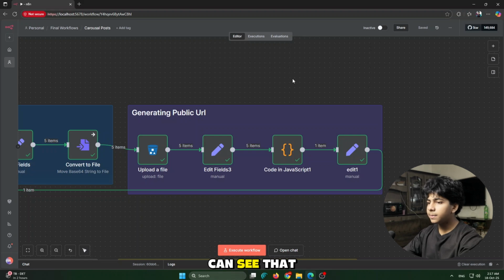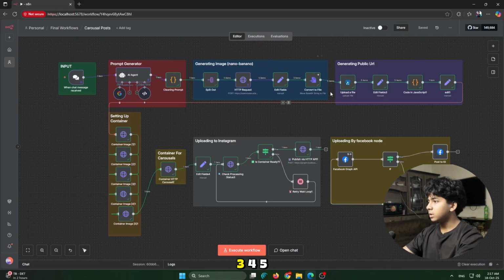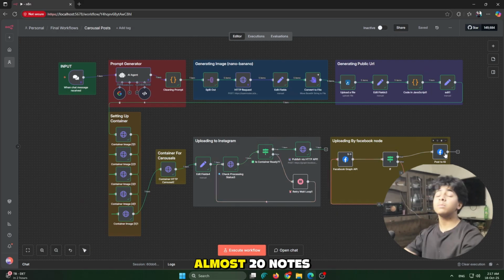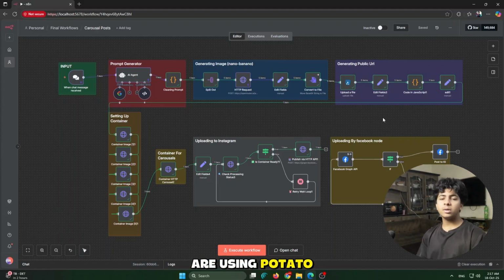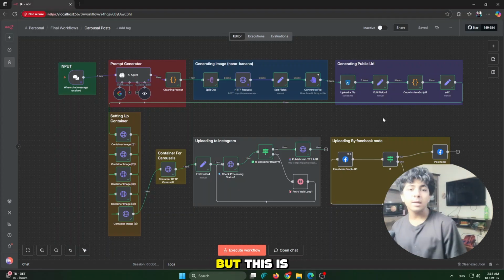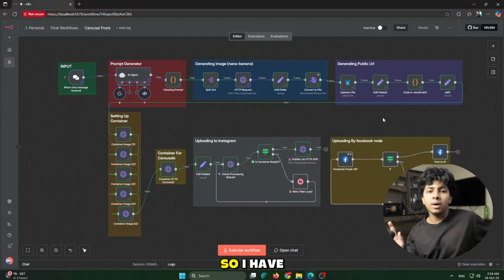So as you can see that I have these 1 2 3 4 5 6 7 9 10 11 12 13 14 15 16 17 18 19 almost 20 nodes to just upload these 5 images to Instagram. But if you are using Blotato, it will just require you 2 nodes, and in 20, so one node is equivalent to 10 nodes but API. But this is free, so I have